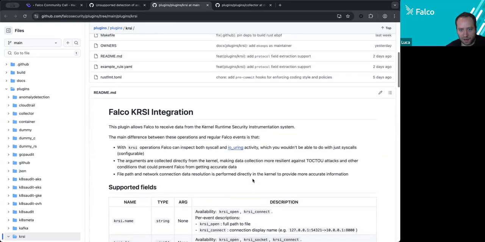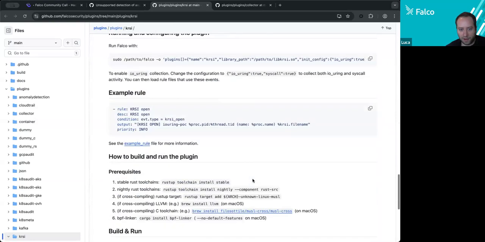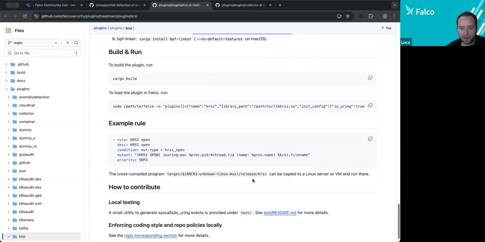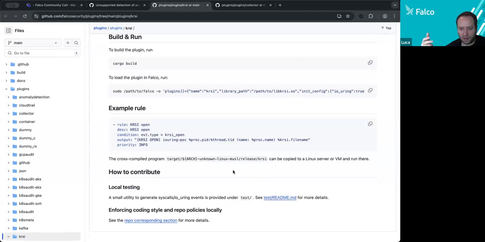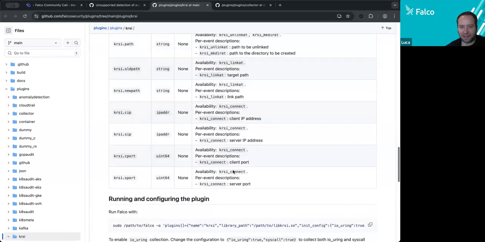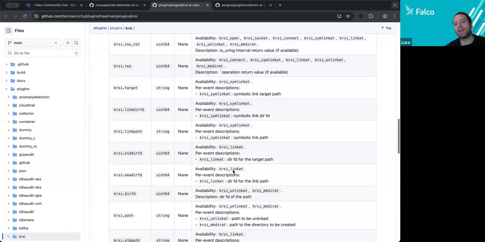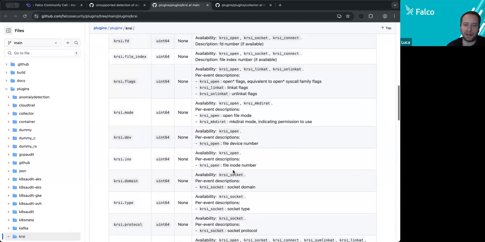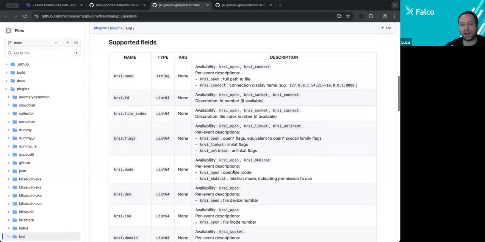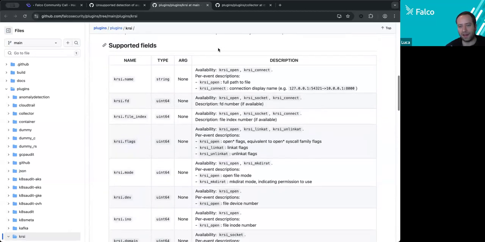There is a list of events that you can have. Essentially, these are open, connect, socket, symlink and symlinkat. There's a lot of these events. The way we do it is so much more accurate than the regular way the probes work that it is very promising for Falco as a whole.